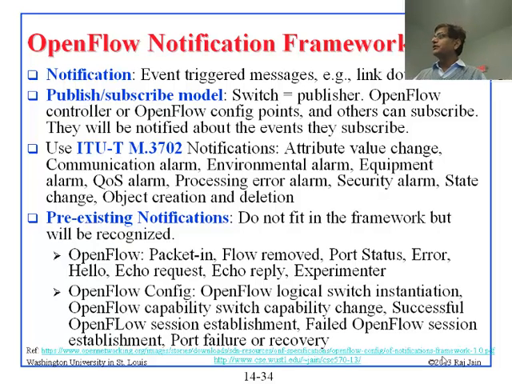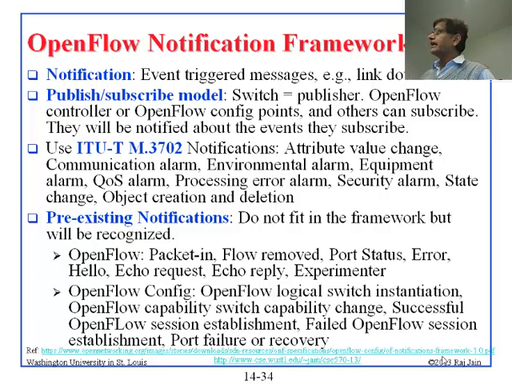If for some reason you didn't have space for a flow and you removed it, or it timed out or whatever, you send that notification. Port status up or down. Error happened. Hello. Hello is basically every so often you just say hello. Echo request and echo reply. This is like a ping. So the switch can ping the controller and the controller can ping the switch. Experimenter, where people could add their own notification.